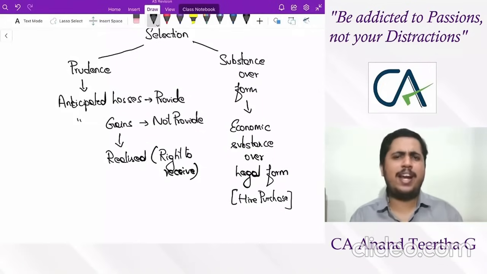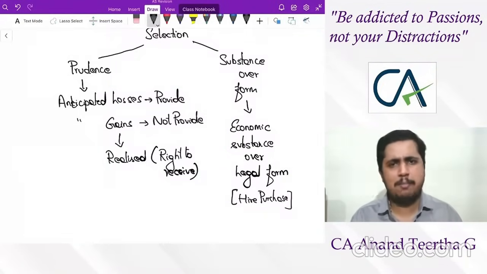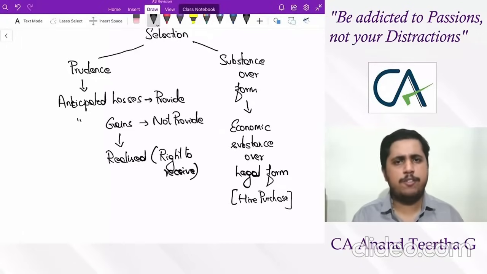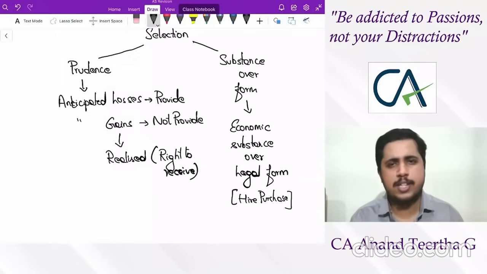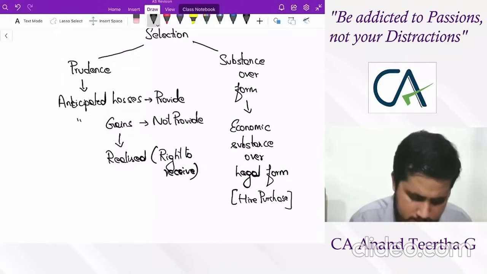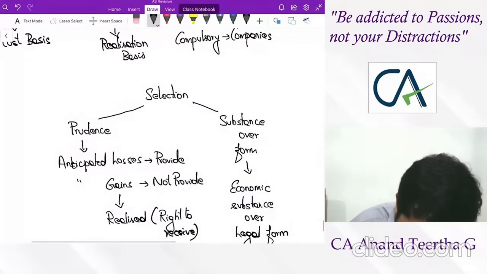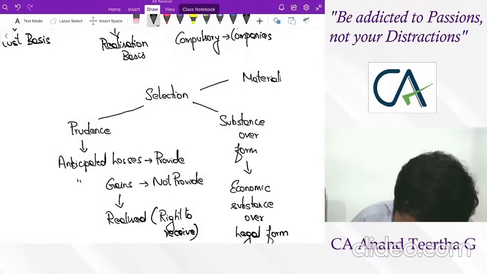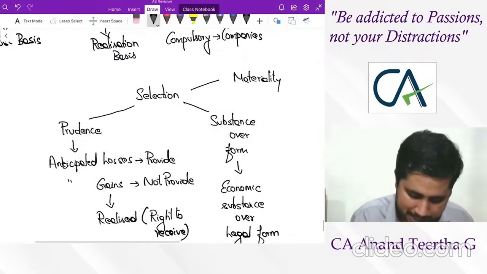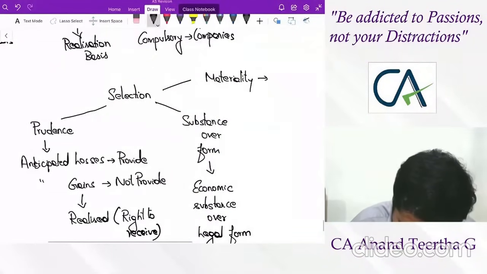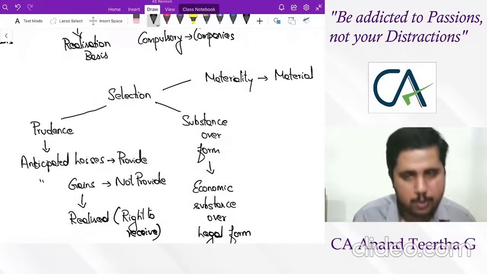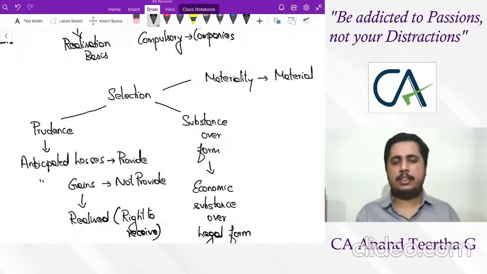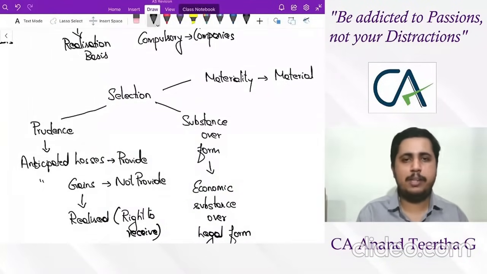So even your finance lease is also covered by the same accounting concept of substance over form. It will be shown in lessee's book instead of lessor's book. So those things are going to be the impact of this particular topic. The last one is materiality. Now, what do you mean by materiality? Only material aspects are going to be disclosed. So anything you consider for an accounting policy, consider only the material aspects.